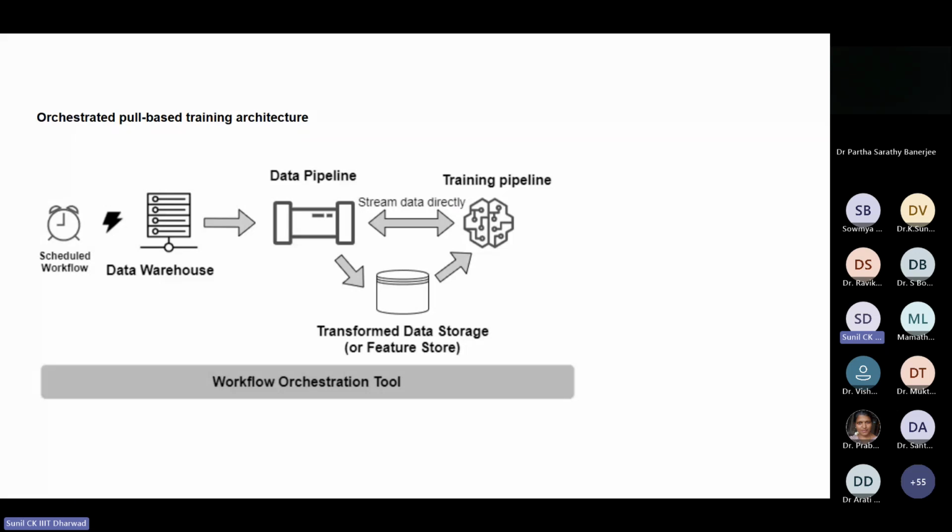A workflow orchestration tool is used to schedule the extraction and processing, and also the retraining of the model on fresh data. This is particularly useful for problems where users don't need real-time scoring, like content recommendations,